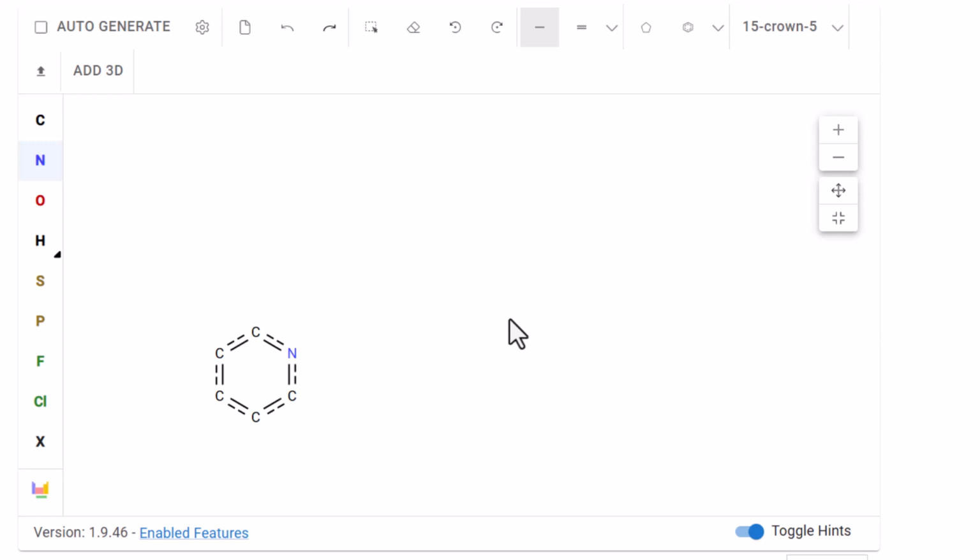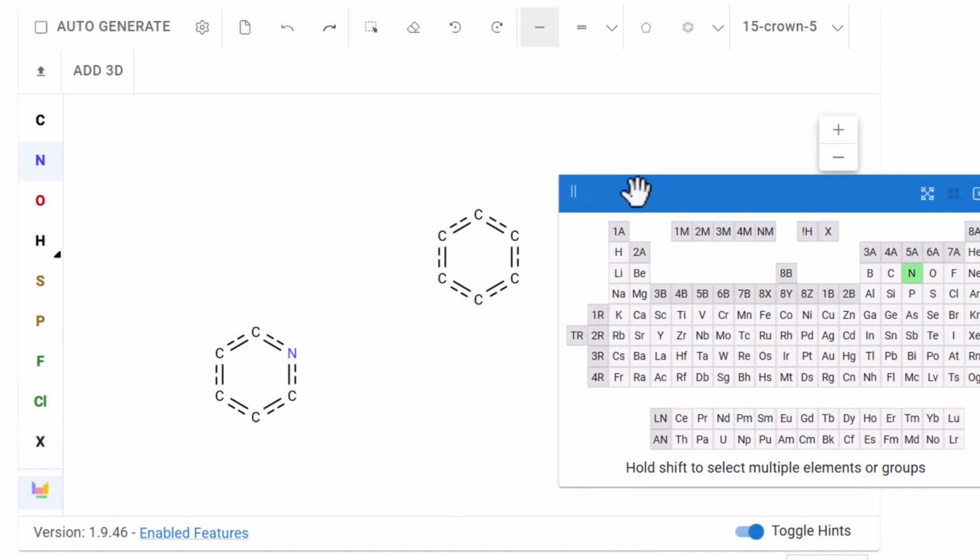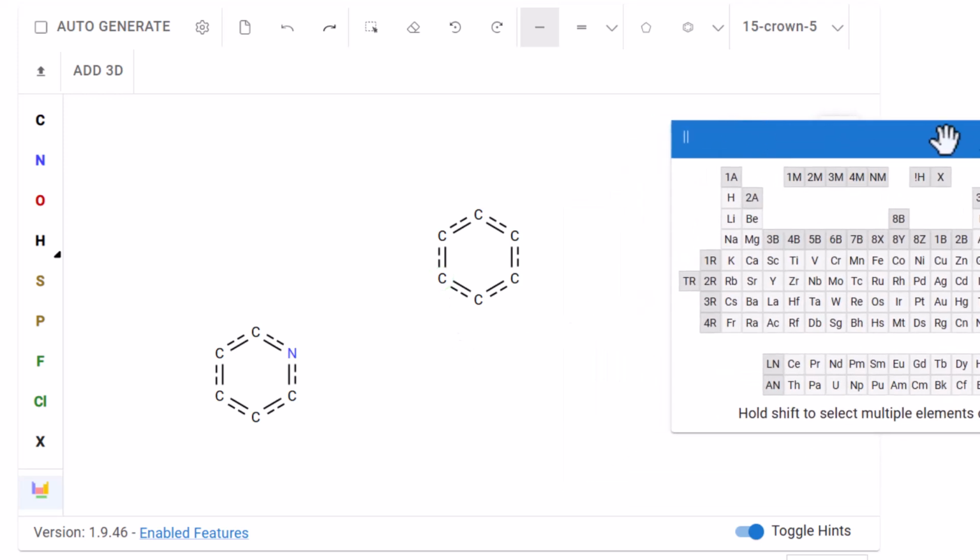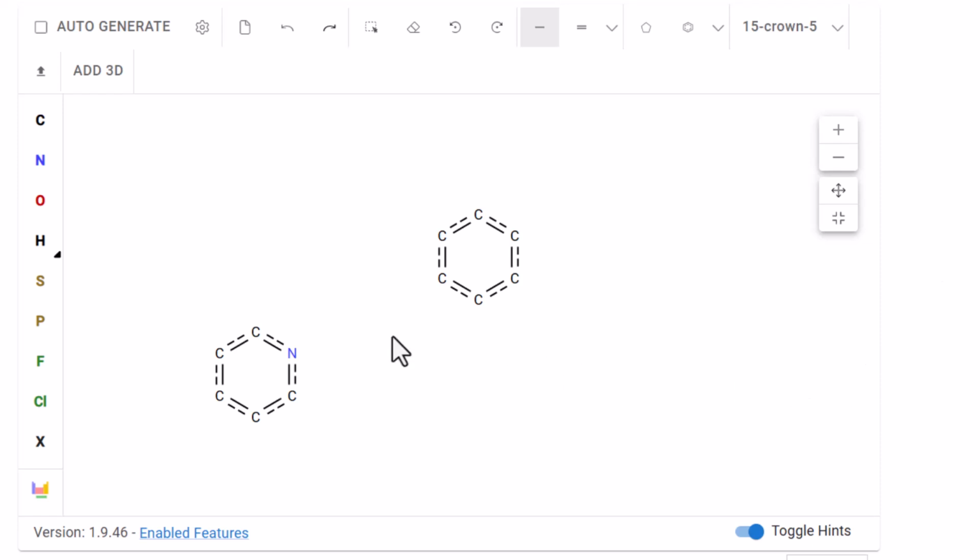Now I'm going to add a second aromatic ring up here, leaving plenty of space in between that and the other aromatic ring. In this case, I want to add an iodine atom to the aromatic ring. To do this, I'm going to bring up the periodic table from the bottom of this toolbar. You can select groups of elements or individual ones just by clicking on each of them, so I'm going to select iodine. You can then move the periodic table out of the way or close it. Next, you click, drag and release to attach an atom by the currently selected bond type, which is single.